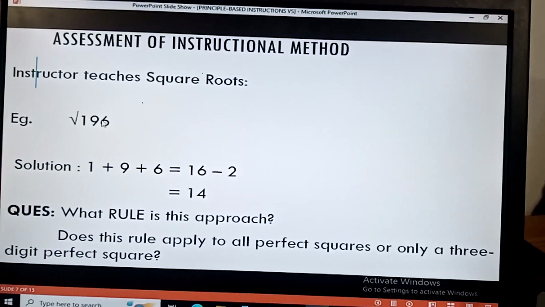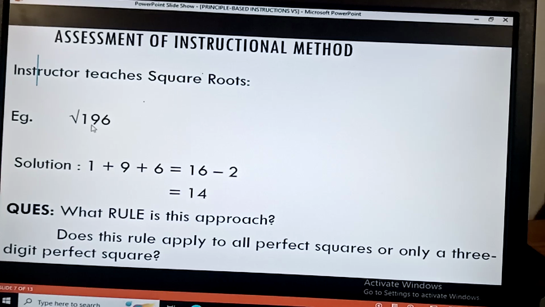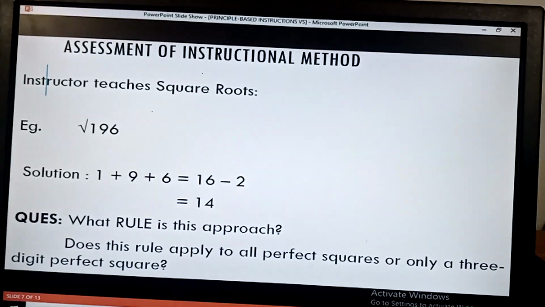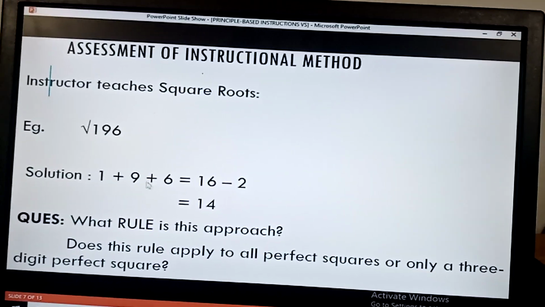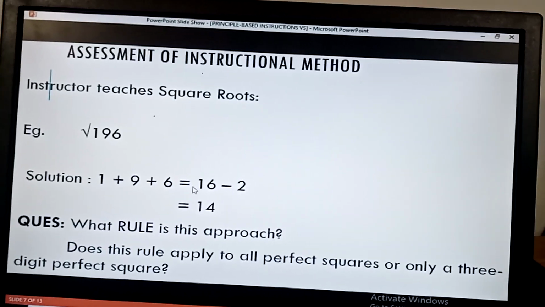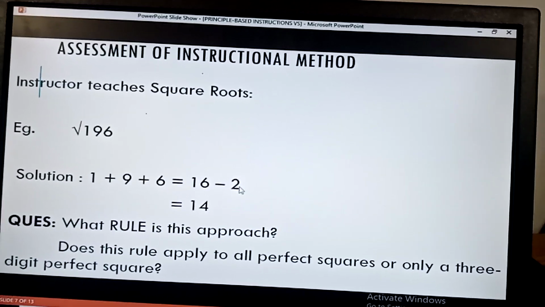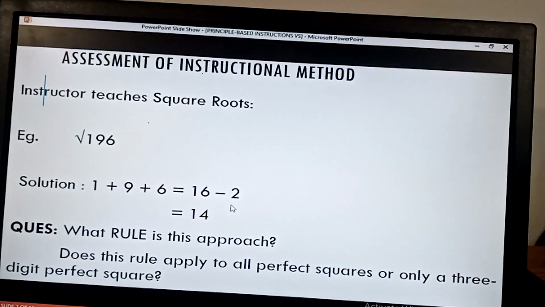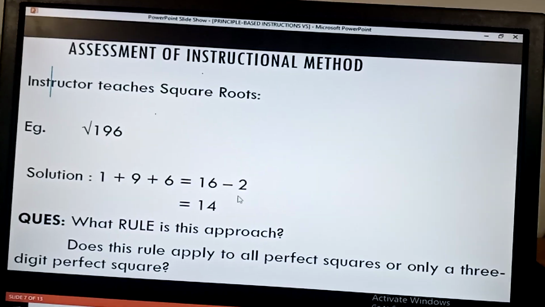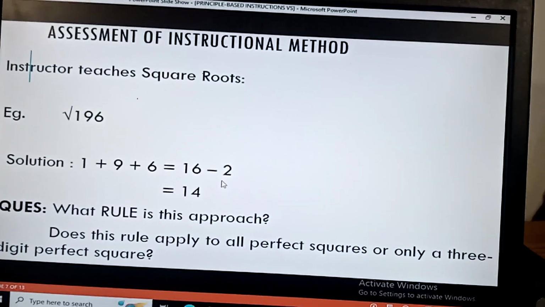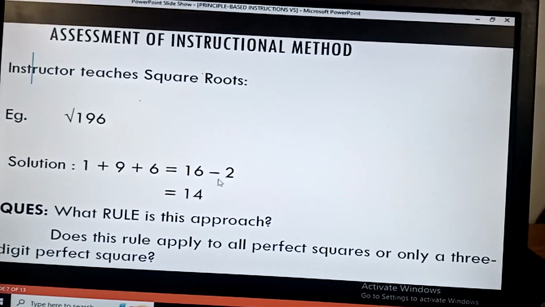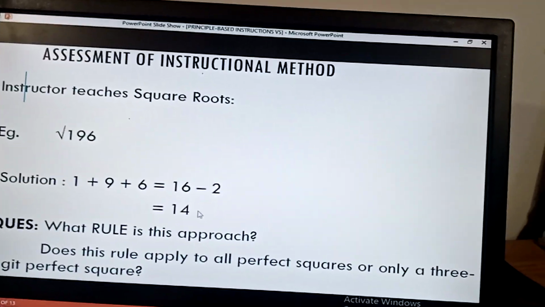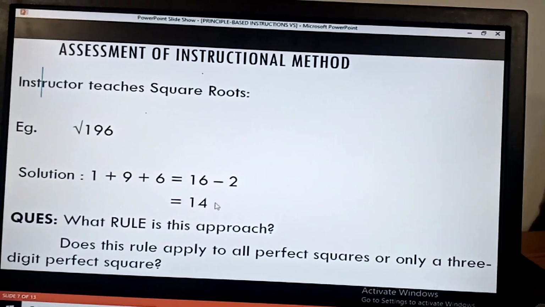And he said you have to add the individual digits of that 3-digit number. So he said 1 plus 9 plus 6 is equal to 16, minus 2 is equal to 14. For that matter, the square root of 196 is 14. Simple and short. What a good teacher. Well, I do agree with his answer, but I don't know whether to agree with his approach, because the question